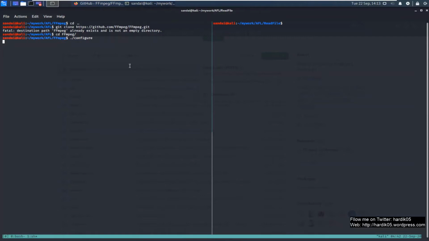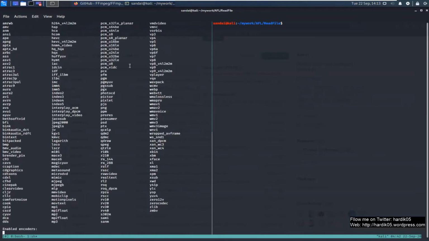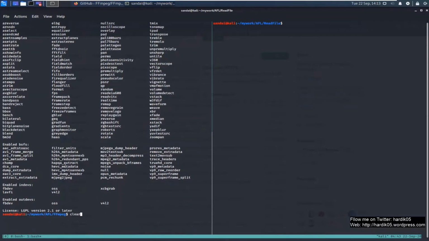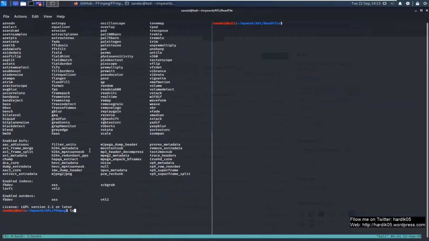Since it is a very big software, it may take a few seconds or a few minutes to get the compilation ready for you. So as you can see, it has compiled this, and it is giving some logs or some messages.